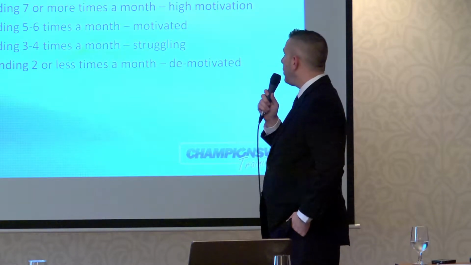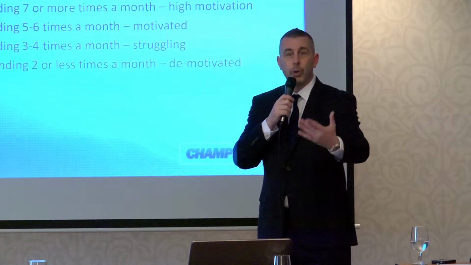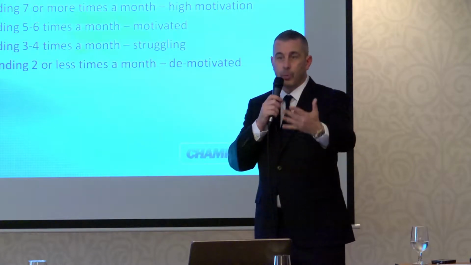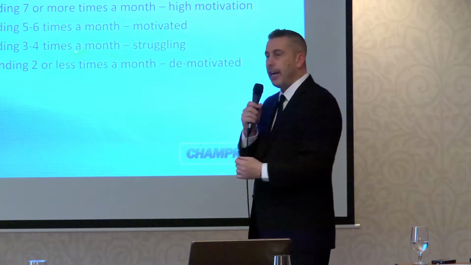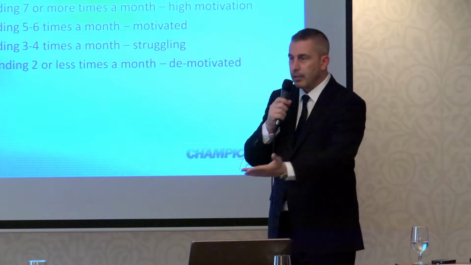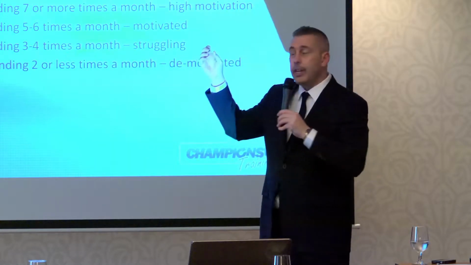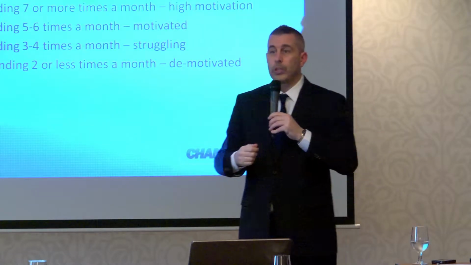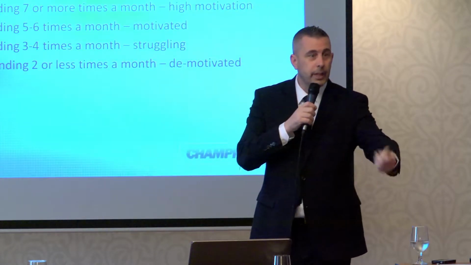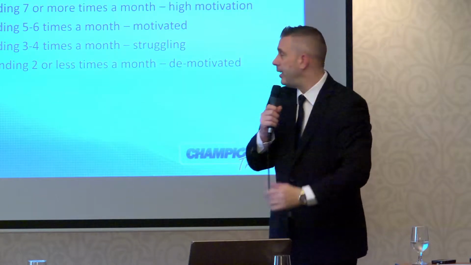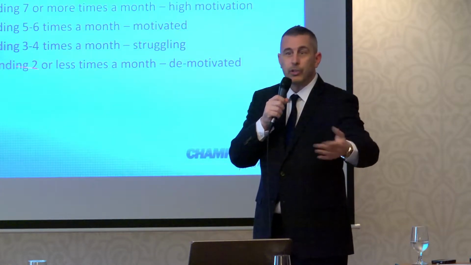A B rating is someone that's attending 5 to 6 times a month. And they're motivated as well. Usually at least almost 2 times a week on average. All right, a C is 3 or 4 times a month, and that is a person that is eventually going to quit. We know that. The C students, if you're using this attendance tracking system and you print out the report, this is a great report to give to a program director or one of your instructors to say, listen, these people are going to quit. It's only a matter of time. And then obviously NA, those people, they've already quit. You just don't know it yet.